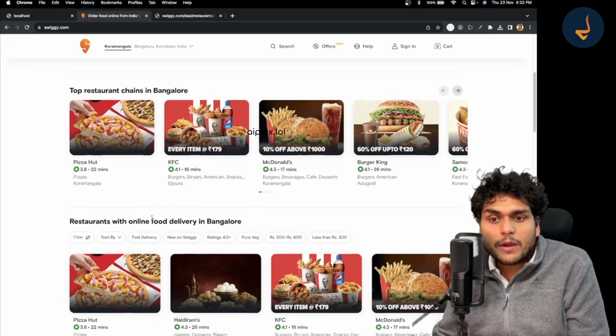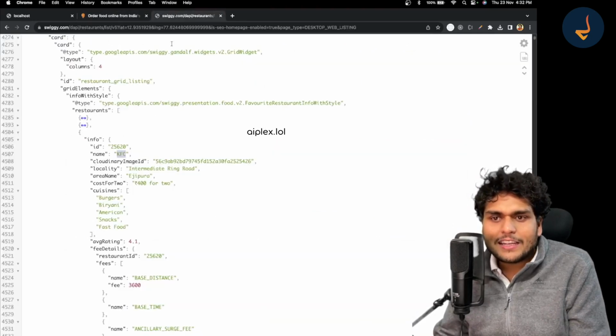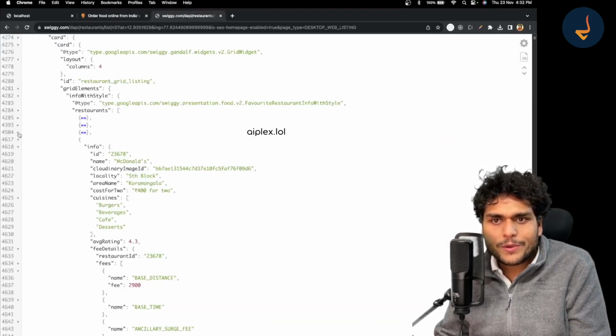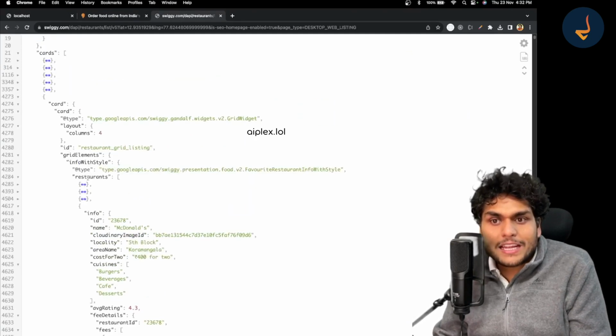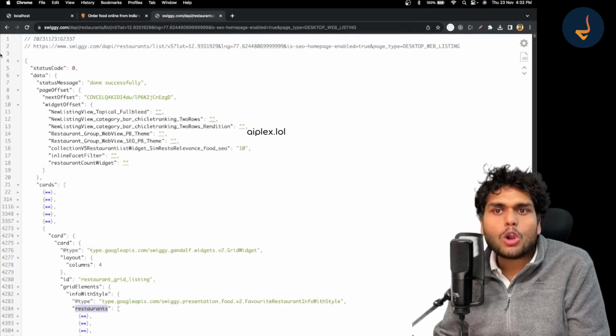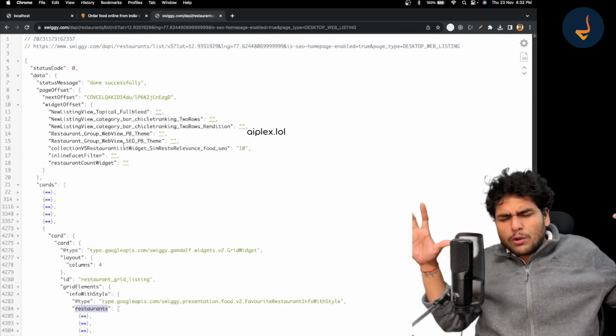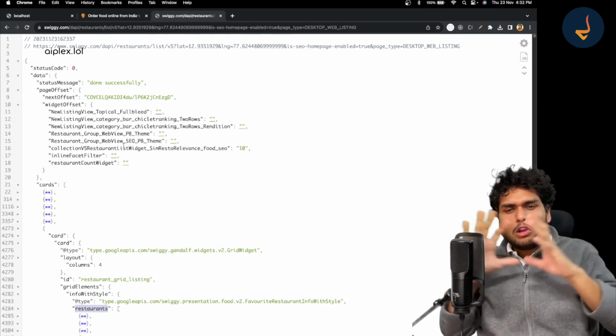And if you see in the UI, Pizza Hut, Haldiram's, KFC, McDonald's, these are the same restaurants which we are seeing over here. We are concerned about these restaurants which are coming under this restaurant. And if you see, this data is very much nested inside the big whole object that this API returns. This API returns a lot of big data.